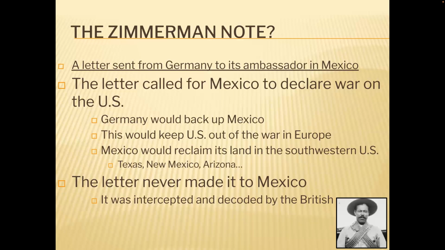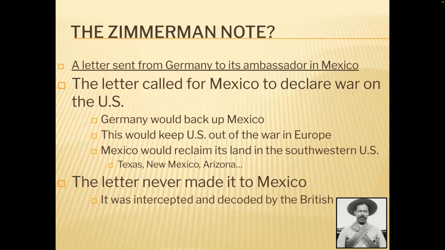So you see the benefits here for the potential earnings for Mexico. You see the benefits for Germany. If Mexico attacks the United States, it keeps them out. Mexico's promised these territories that they lost, and the United States is going to be preoccupied in the Western Hemisphere, giving Germany enough time to push and defeat the Allied powers in Europe, and then maybe eventually meet Mexico in this war against the United States. But in all reality, it never happened. Mexico looked at it and said, this is suicide. We don't want any part of the United States right now. Obviously this would be too much for our military. We just can't wage this war.